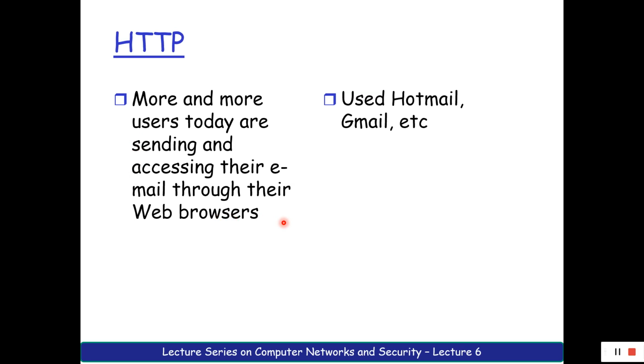When you consider SMTP, you have three components: a mail server, a user agent, and SMTP. SMTP actually acts between mail servers. Mail servers are the servers which serve the sending side as well as the receiving side. The mail server on the sender side becomes a client. The mail server on the receiver side becomes a server. The mail server on the sender side places your mails in the outgoing box. The mail server on the receiving side, when it receives a mail, keeps it in the mailbox of a certain receiver.